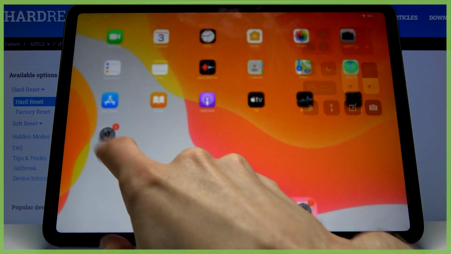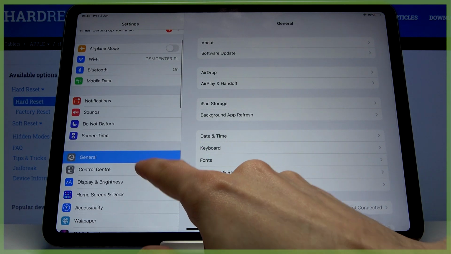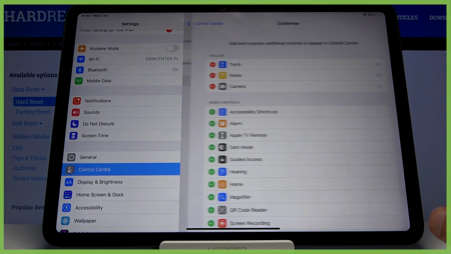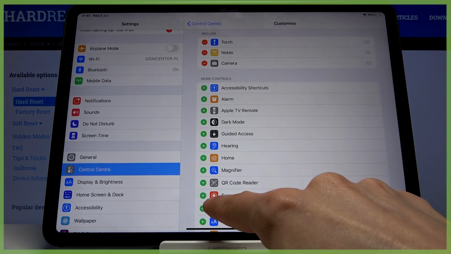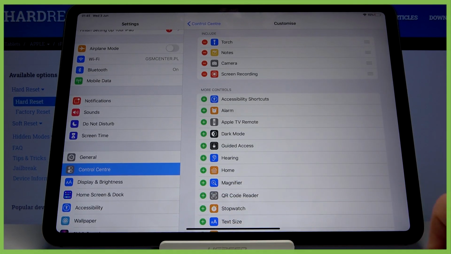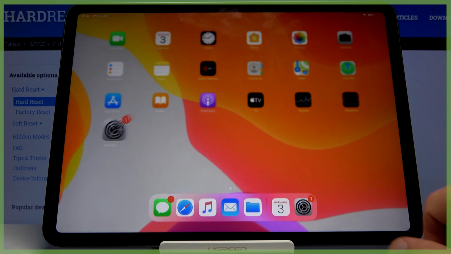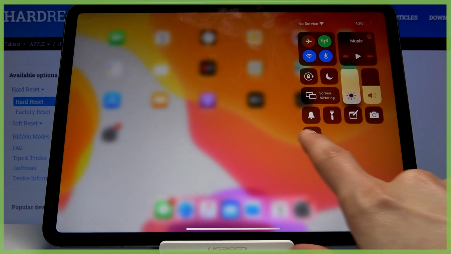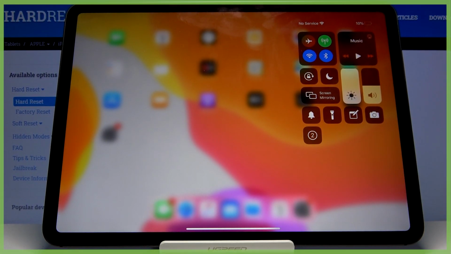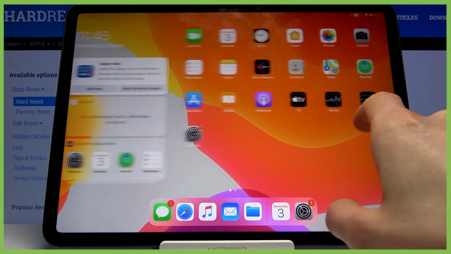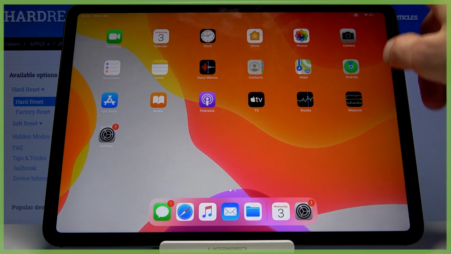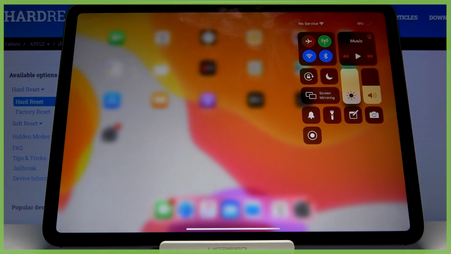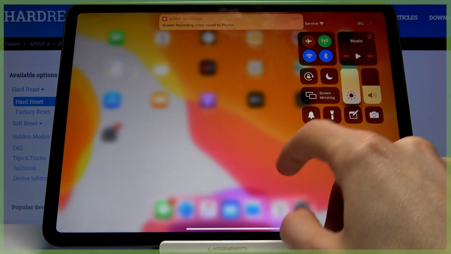panel right here. So let's go into the settings and control center, customize controls, and let's find it in the list right here. So we have screen recording, add it, and simply leave it right now, and now you will be able to tap on it to basically start the recording, and whatever you will do right now will be fully recorded. So yeah, once you're done, simply pull it back down and turn it off, and the recording can